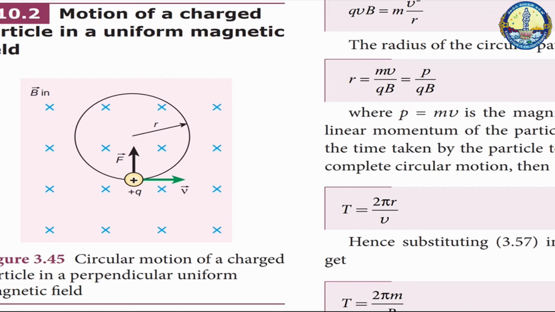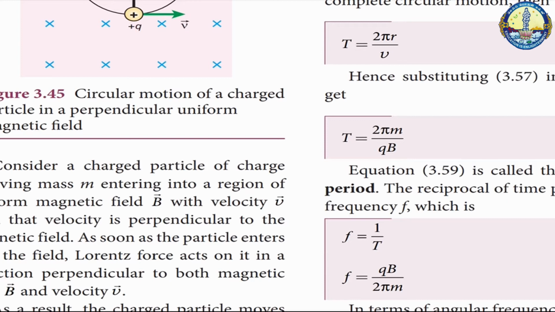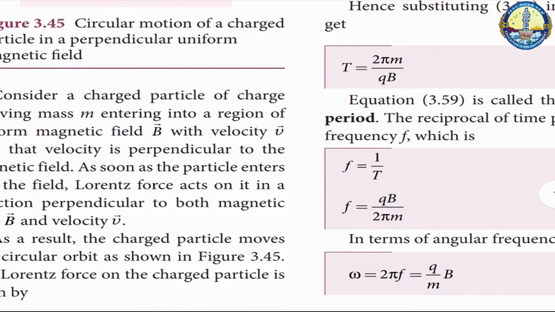upwards. When these two forces balance each other, then QE = Qv0B, where v0 = E/B, where E is the electric field and B is the magnetic field. This means for a given magnitude of E field and B field, the force balances only for the particle moving with a particular speed v = E/B. This speed is independent of mass and charge. By proper choice of electric and magnetic fields, a particle with a particular speed can be selected. Such an arrangement of fields is called a velocity selector.